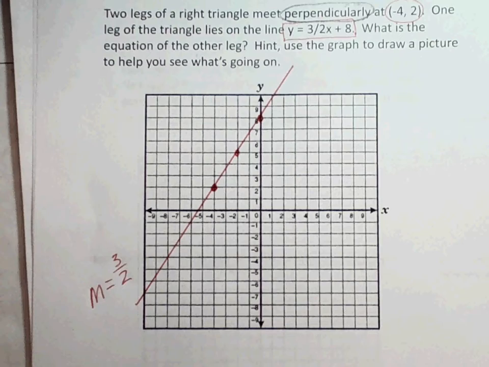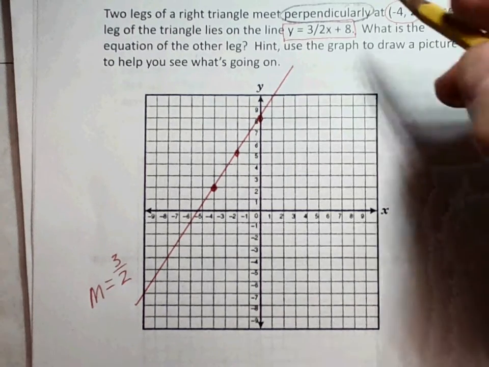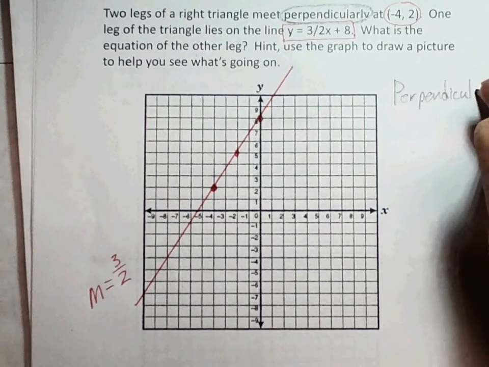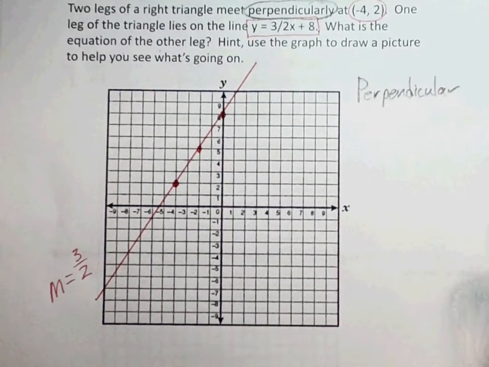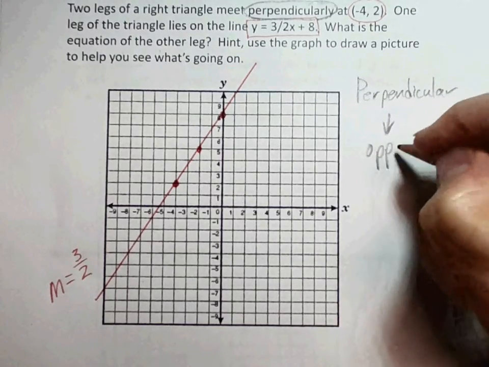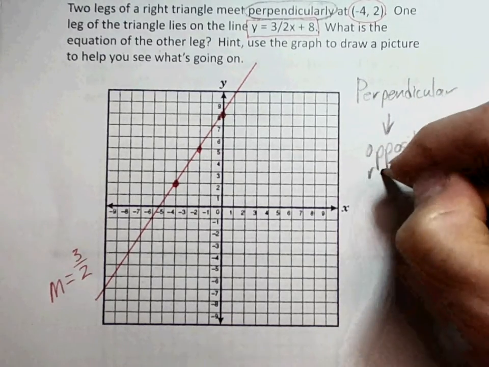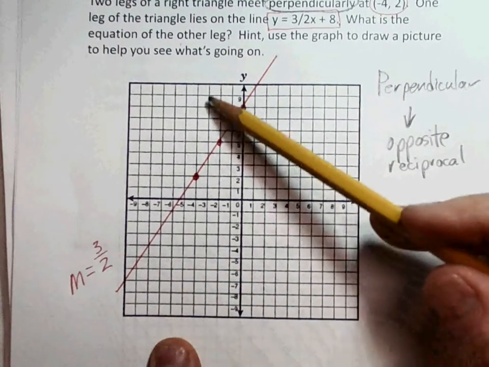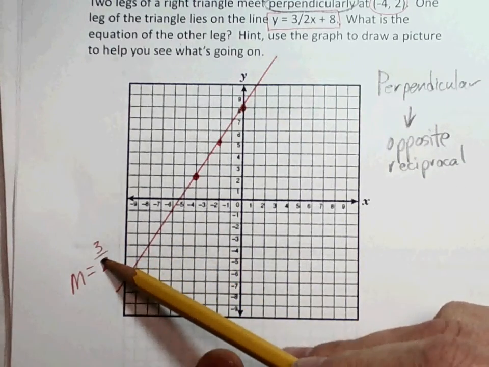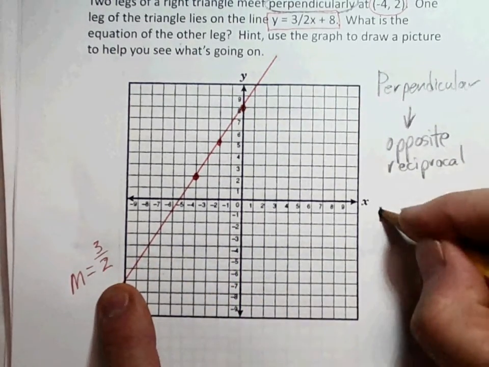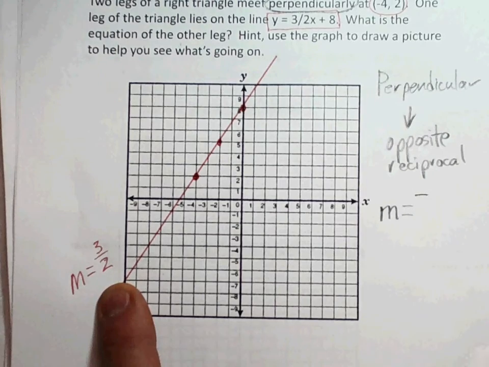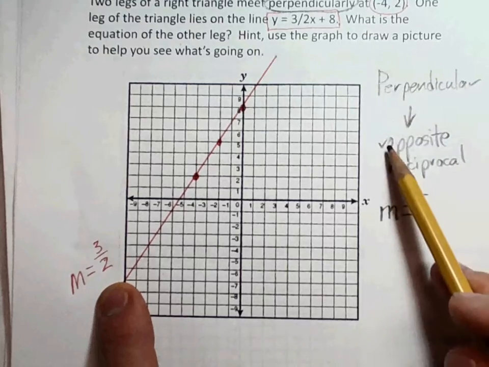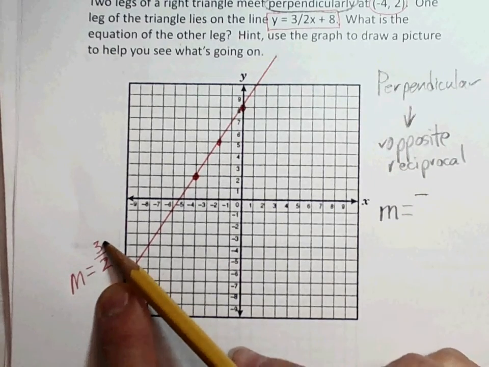There's actually two ways you could do this. The first thing is to say if I'm going to be perpendicular, I need to use the opposite reciprocal. So what's the sign on this slope, this red line we already have? That's positive. So the slope for the other guy has to be negative. That's what the opposite is. And now reciprocal means I'm going to flip the fraction. So 3/2 becomes